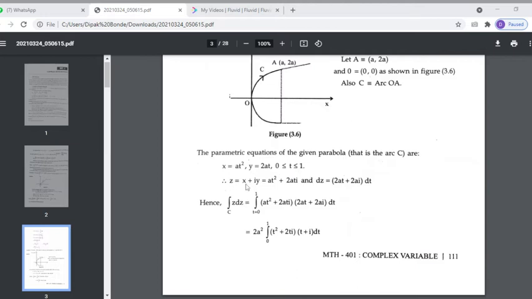So z is equal to x plus iy. Put the value of x is equal to at square and y is equal to 2at. So dz is equal to 2at plus 2ai dt. So integration over C of z dz becomes integration from 0 to 1, because t varies from 0 to 1. Put the value of z, that is at square plus 2at I, and dz is nothing but (2at plus 2ai) dt. We can take 2a square common throughout, so it becomes limit 0 to 1, t square